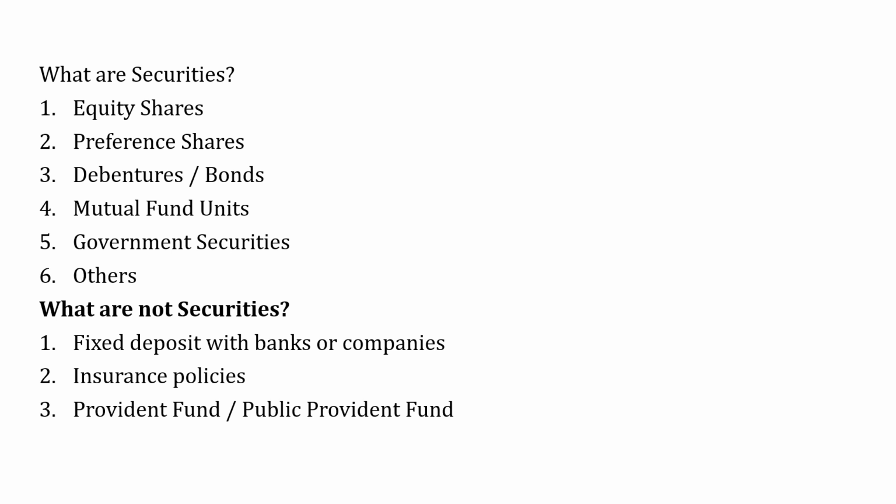Next we have government securities. Government securities are generally traded in the gilt market, so they are generally secure. In others, we have derivative instruments like futures, options and swaps. Students, you have to understand that in whatever security you are investing money, it should be properly analyzed because they all have different kinds of risk exposure.